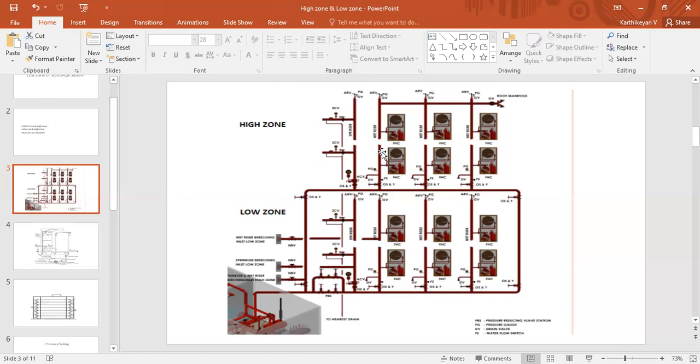What I said here is from the NFPA 14 perspective. If you are referring to the UAE code, whatever value we made here, 15 meters for the low zone, is based on NFPA 14. In the UAE code, direct values are mentioned: your low zone should not exceed 45 meters. So based on the country code, a little bit of change will happen.